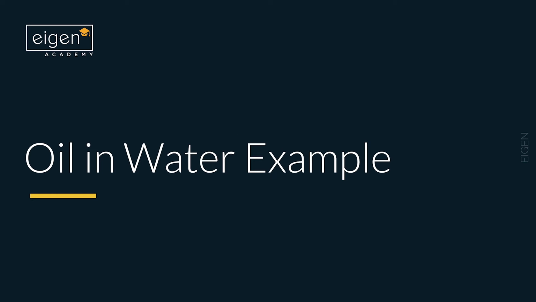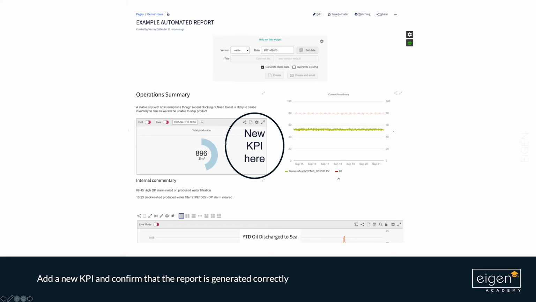Okay, so here we're going to look at a worked example where we're going to calculate the oil in water and then we're going to add it to a regular report. So the objective here is to update an automated report with a new KPI showing the oil in water totalized